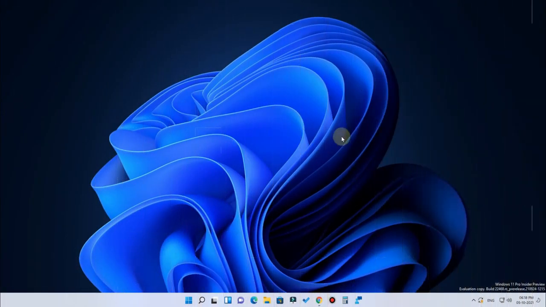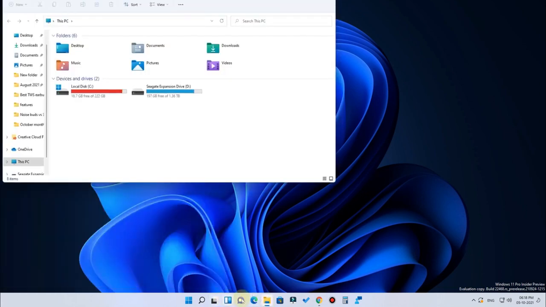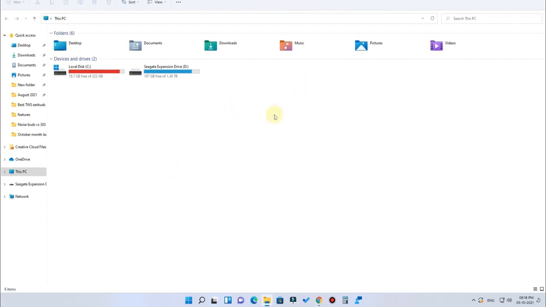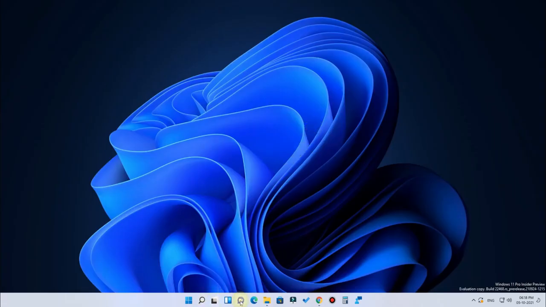Now the next feature built into the Windows 11 operating system is widgets. So here is the option called widgets. Now the widgets will not open a separate window, it will open in a transparent window. And also this widgets option works in all the different programs. In case I open File Explorer also, at that time also I can easily open the widgets. And it is also built on an acrylic material, so based on the programs the background design will differ.